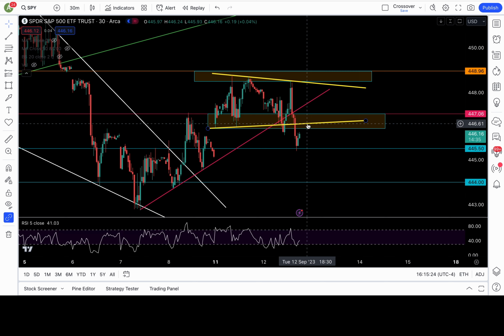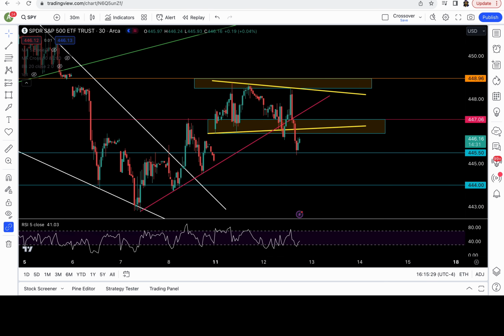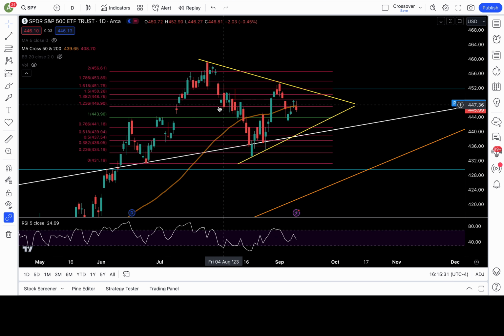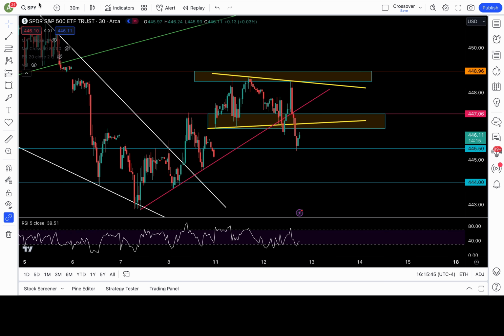Alright? So, today we had a breakdown of 447. That was the 50 daily moving average. Also a fib level. We got a false breakout setup. Potential low or high here, heading into CPI. Is this a trick? Is this to bait the bears? I don't know. We'll find out tomorrow. But as of right now, it's looking like a false breakout setup. It is a false breakout setup.